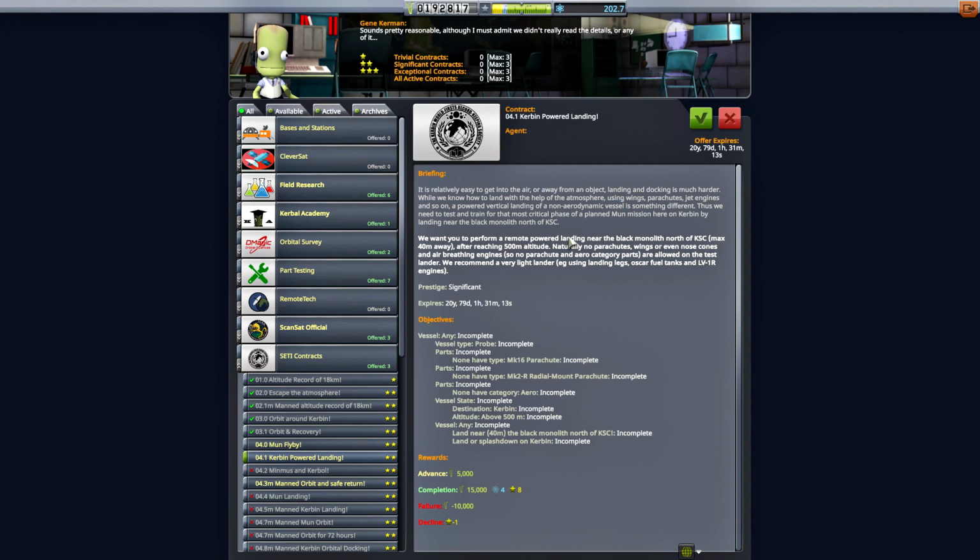Here on Kerbal, by landing near the black monolith north of the KFC. We want you to perform a remote and powered landing near the black monolith north of the KFC, max 40 meters away. After reaching an altitude of 500 meters, naturally